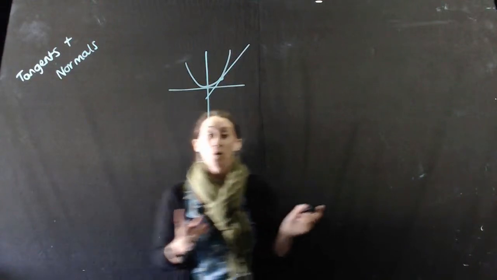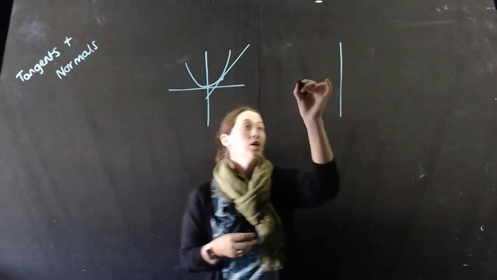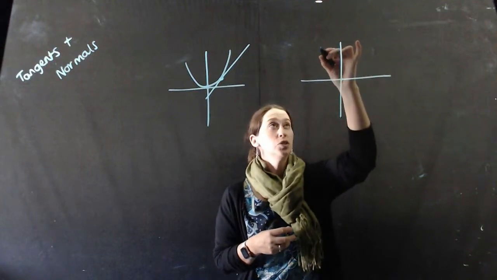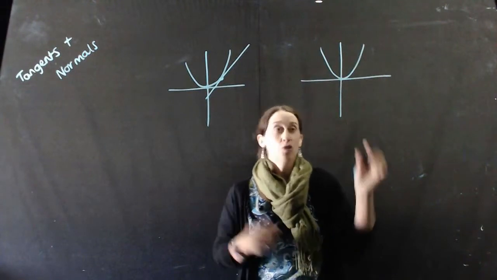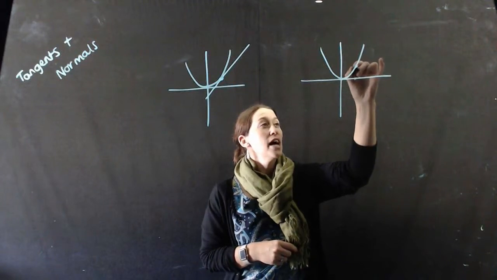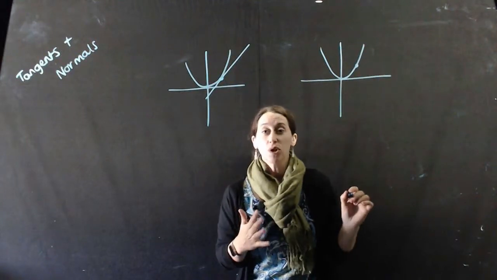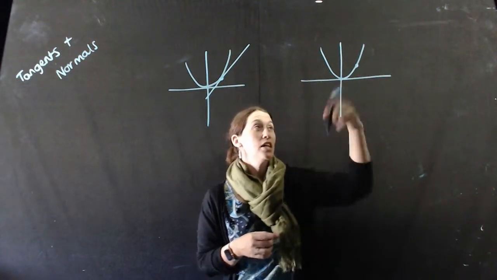Now let's talk about a normal, the normal to the curve. The normal is the line that cuts through the tangent of the line,